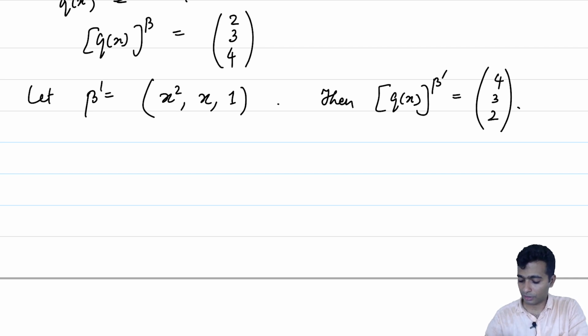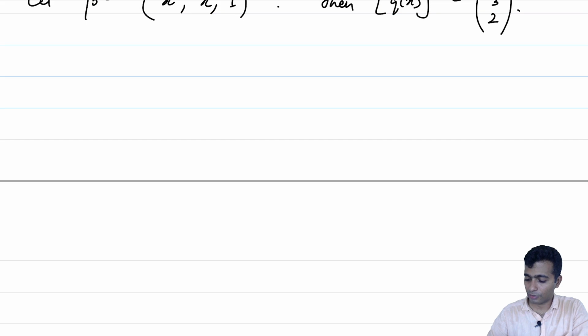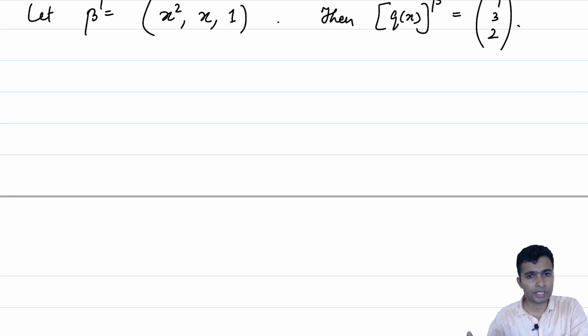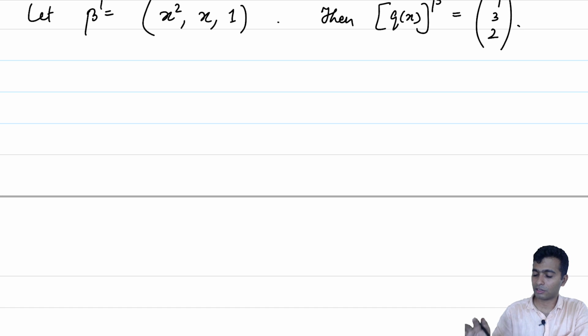So, as you can see, this example illustrates two things. One, that Pn of R can be realized as something like Rn given a coordinate basis. Once you fix a coordinate basis, you can then represent every vector in Pn of x as a coordinate vector, which is a column vector. And the second thing is that, if you change even the order in which the basis elements are being considered, the coordinate vector changes and the entire representation changes. So, everything is relative once we fix a basis.